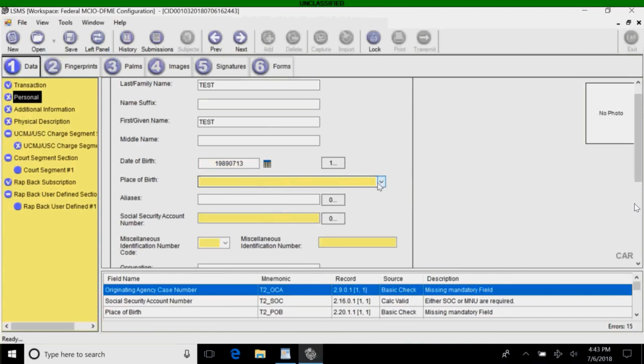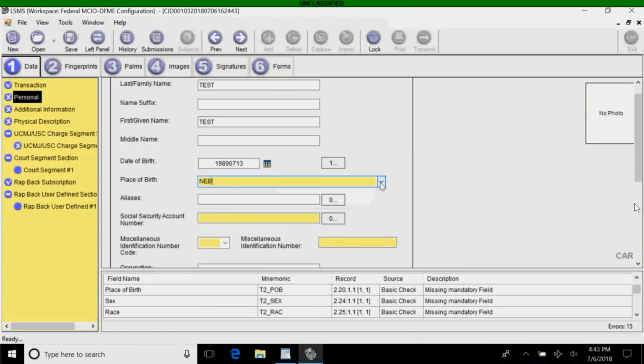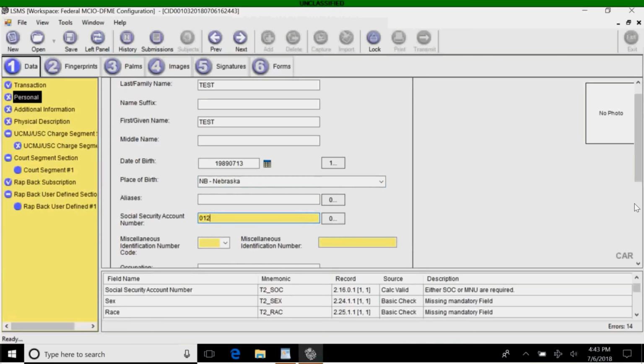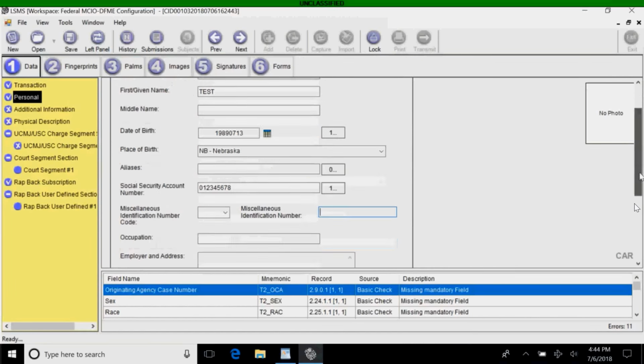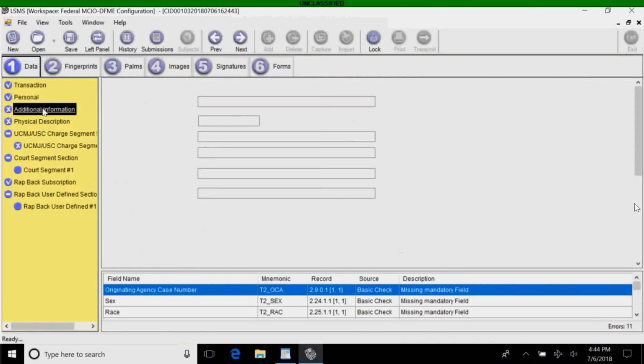Place of birth. Let's choose Nebraska. Social Security number. Miscellaneous identification number. Notice if I choose a Social Security number, obviously that's not a real one. The miscellaneous identification numbers are not needed. Of course, if I was doing a real record, I'd want to fill in as much of this information as possible. If I go to additional information,